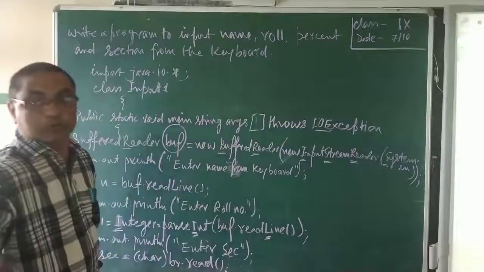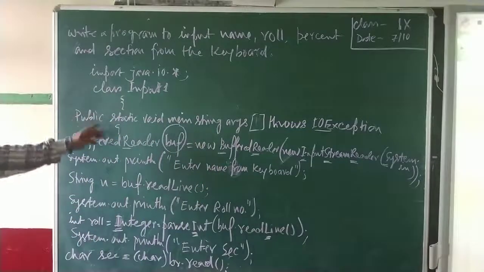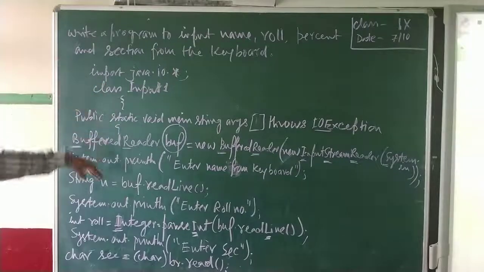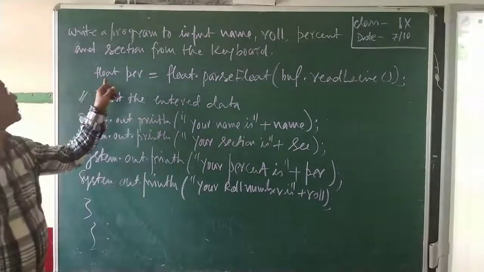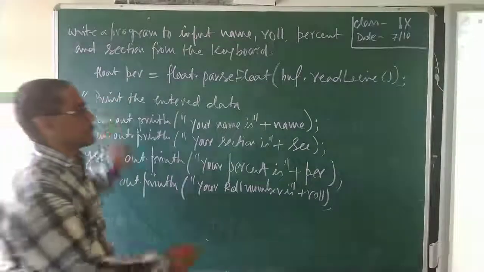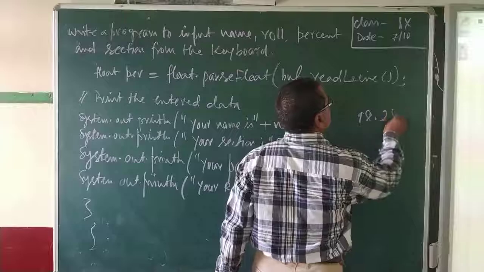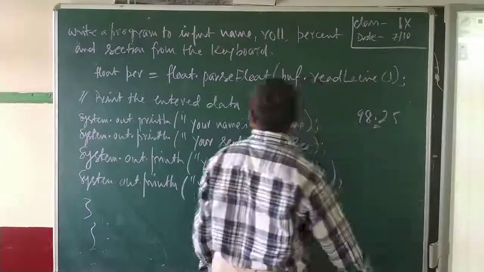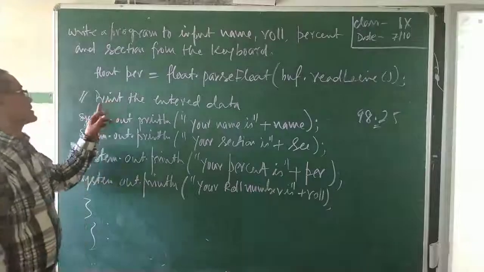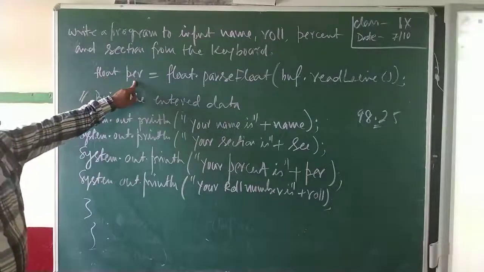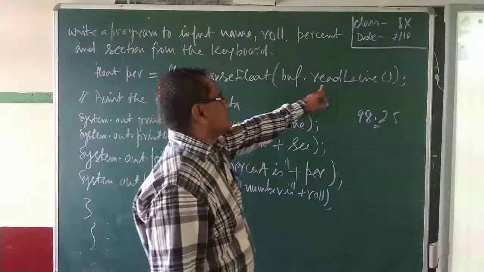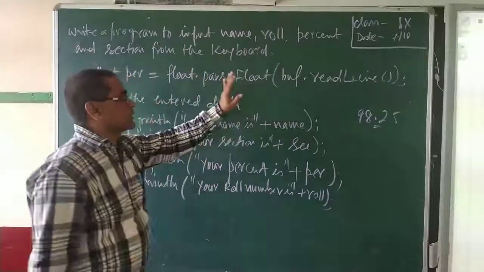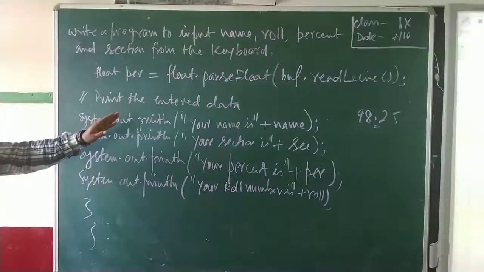Now one more is there, so that I'll write again and continue. So far the percent is not there, I'll write it again and explain. Again the percentage is a float type of data, say 98.25% you want. So this is float data, because of the decimal point. Per is your variable, float data type, Float.parseFloat(buff.readLine). This is the syntax. I have given these syntaxes in the notes very nicely, so you better follow from there or in the book.